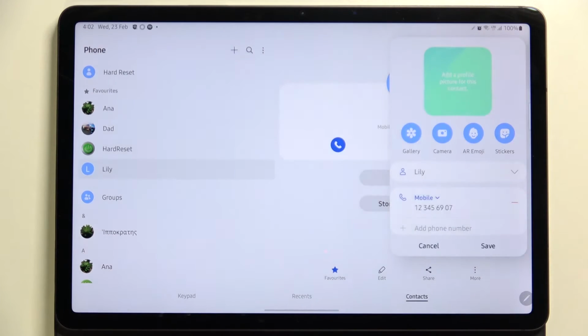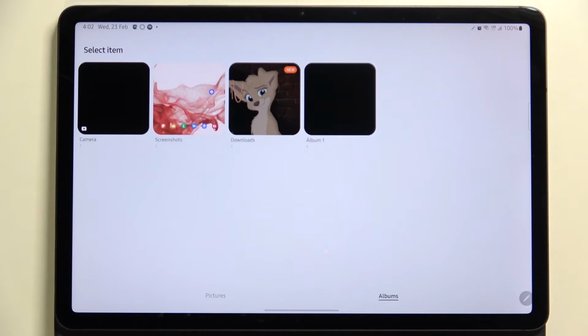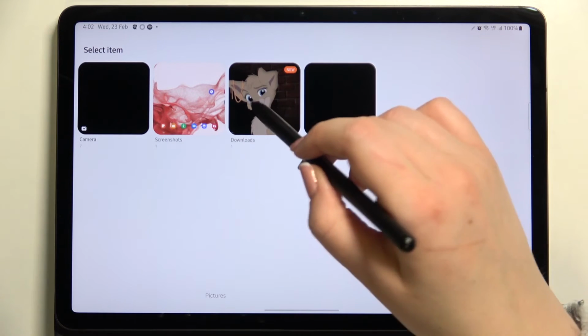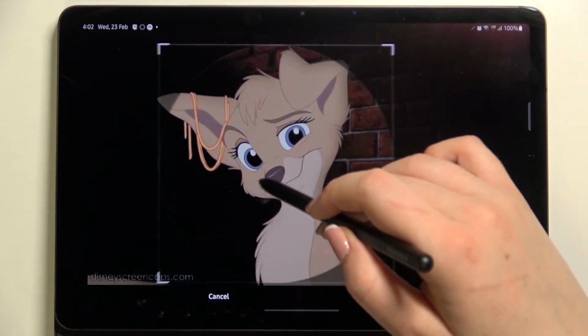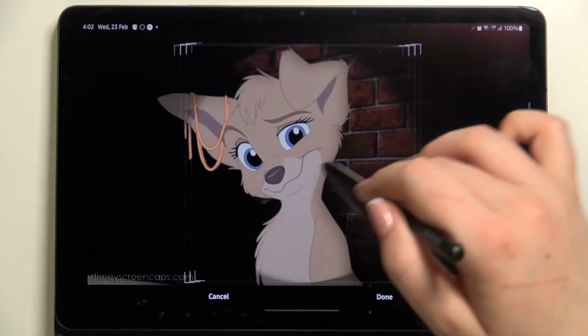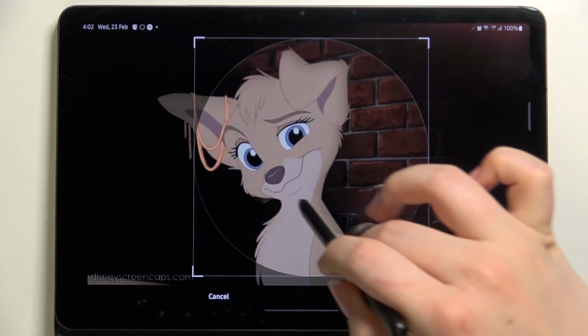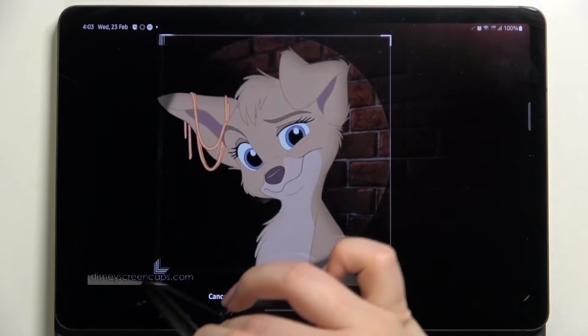Of course, give all the permissions your device needs, and here we have to simply find the photo we would like to use and tap on it. And as you can see, from this step we can adjust the position of this square with the circle inside of it. We can change